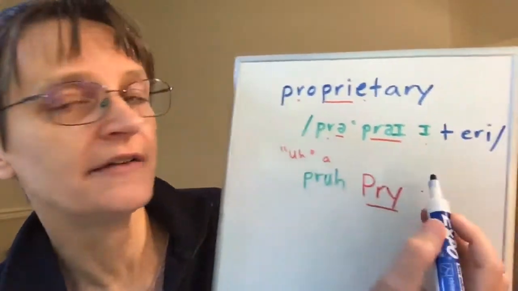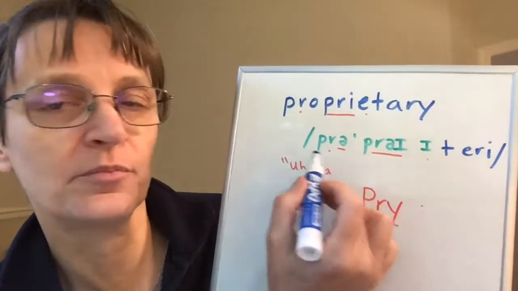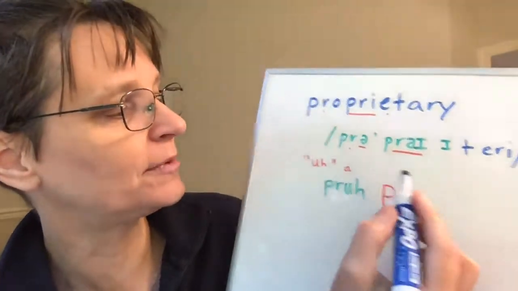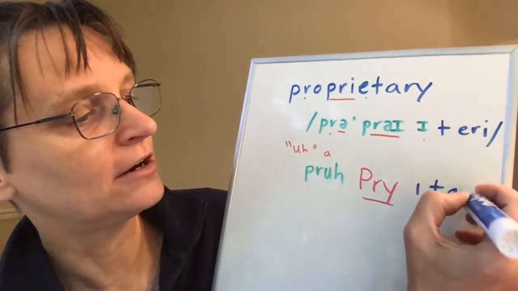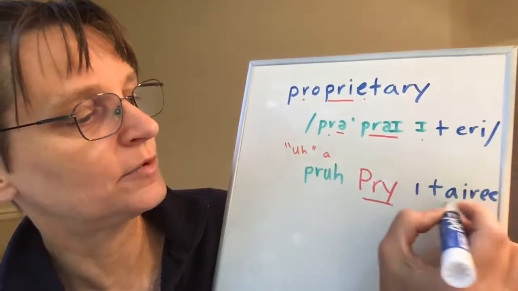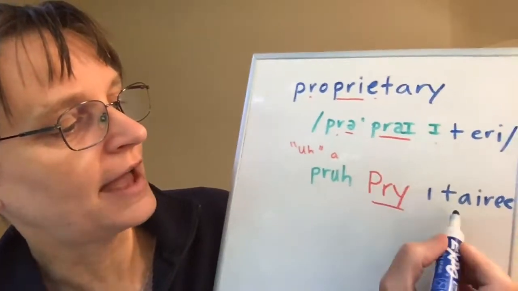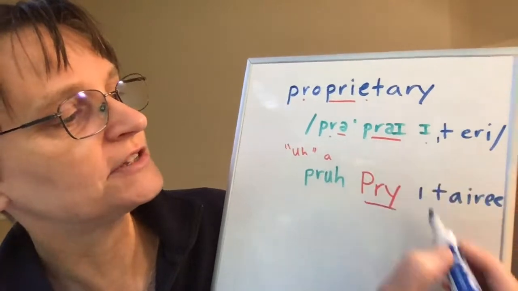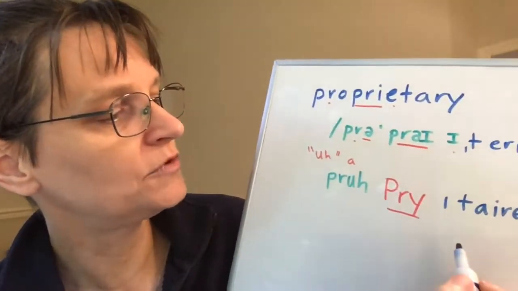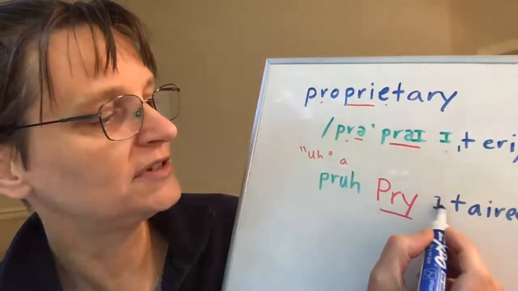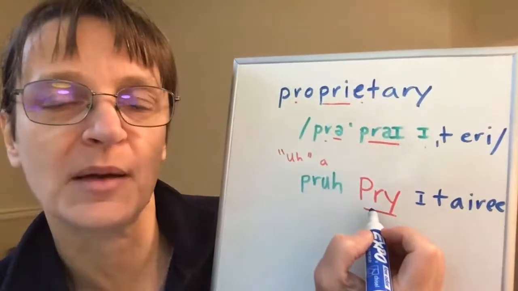proprietary. I still have second syllable stress. I still have the unstressed first syllable. So proprietary. I have, I think, probably secondary stress on the air syllable because I do use a clear vowel there. And I'm going to do the same kind of building blocks I did before. So I'm going to start with my